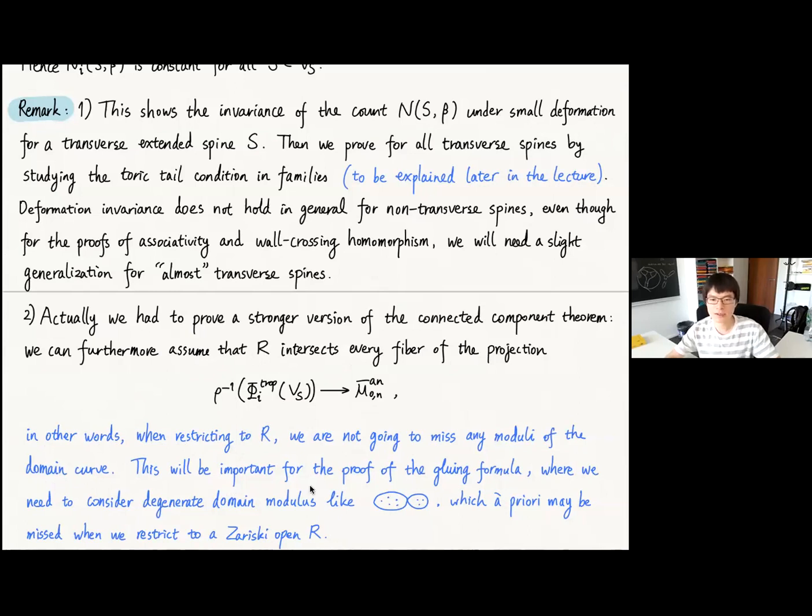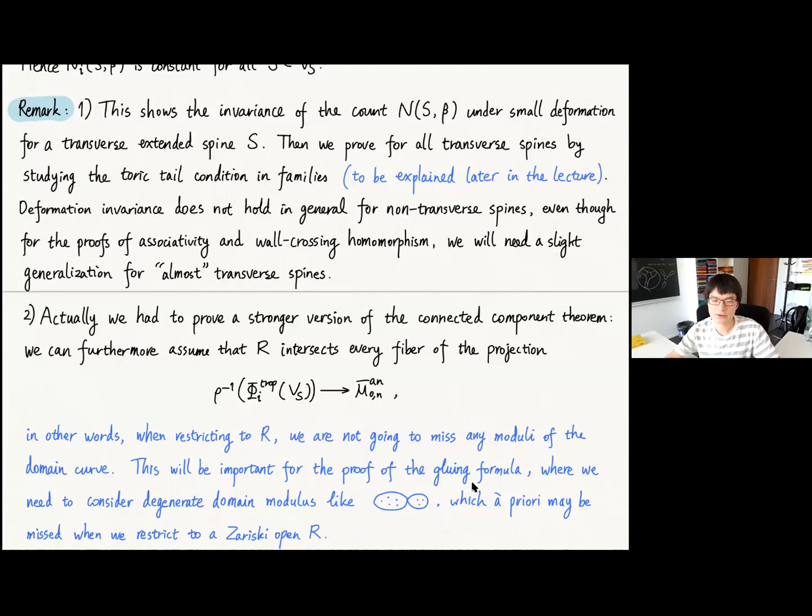And this will be important for the proof of the gluing formula later, where we need to consider degenerate domain moduli like this, which contain some node, and which a priori might be missed when we restrict to a Zariski open, because this kind of domain moduli containing nodes are Zariski closed subsets. They are closed conditions. So a priori, if we take a Zariski open, we may miss this domain moduli, and that will be bad